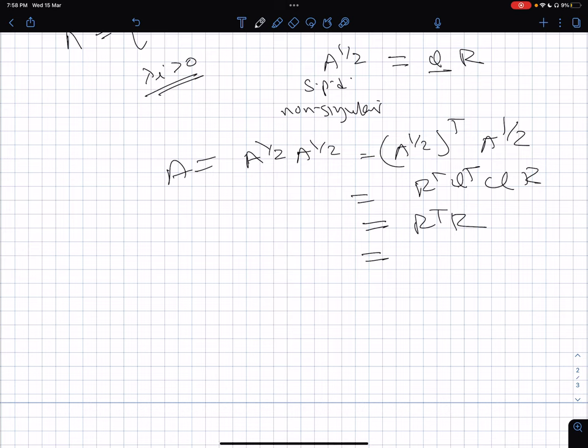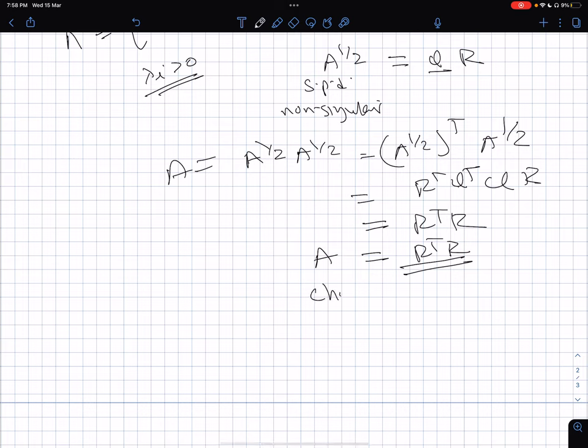A upper triangular matrix, and I can assume without loss of generality that all of the diagonal values are greater than or equal to 0, and in fact they are all greater than 0. I can assume that because if any diagonal becomes 0, then the matrix will no more be non-singular. So therefore, a positive definite matrix can be written as R transpose R,